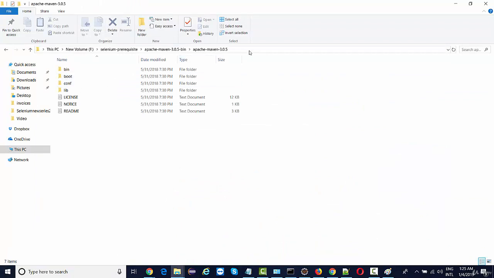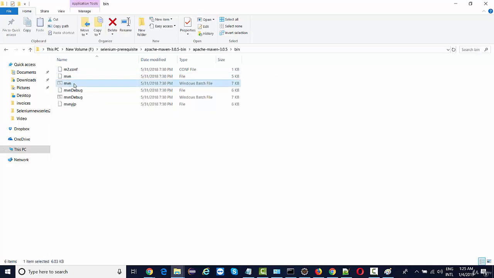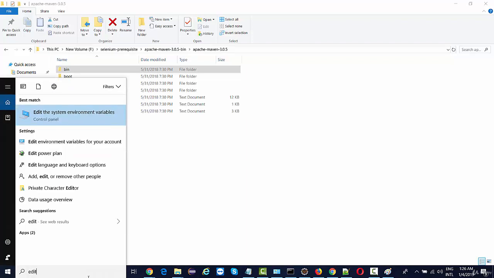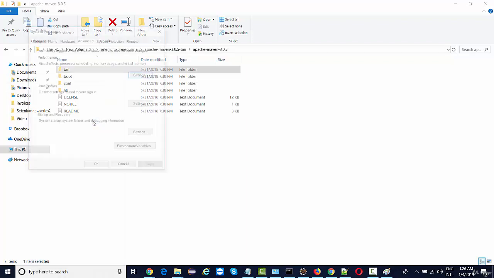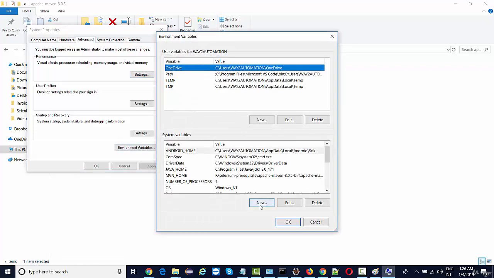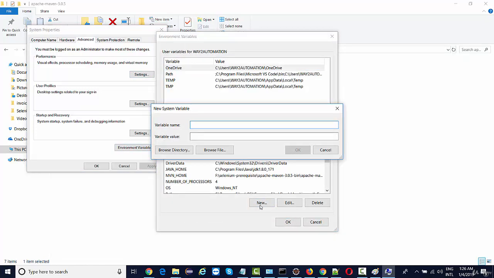There is nothing installable in Maven. So this is the bin folder, and this is where you'll find Maven. So what you need to do is configure Maven the way we configured JDK. Just copy this path, go to edit the system environment variables, click on environment variables, and create a new system variable with the name MVN_HOME.